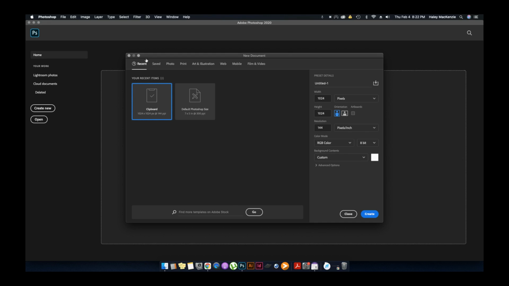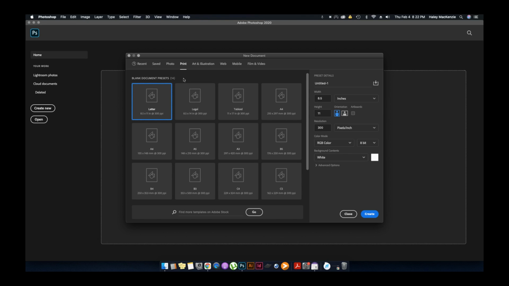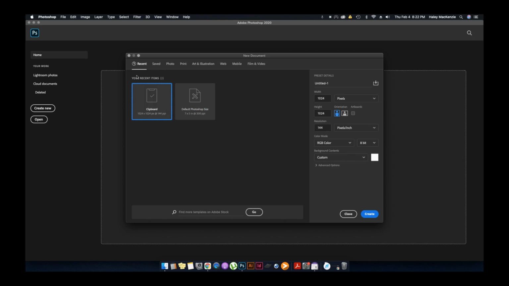So first things first, just know that these tabs up at the top are different kind of presets that you can use. So if you know you're going to be designing an image or something for a mobile application, it has a bunch of preset sizes and options there for you. If you're doing something you want to print out, it has other options. So just know that there are some presets. But if you have been using things recently or if you have something copied to the clipboard, those will be here under recent. We are just going to start our own new file and put our own information in here